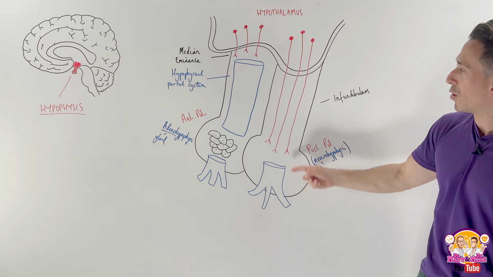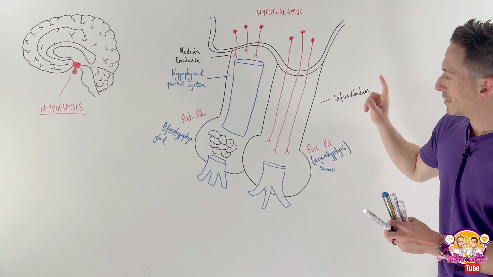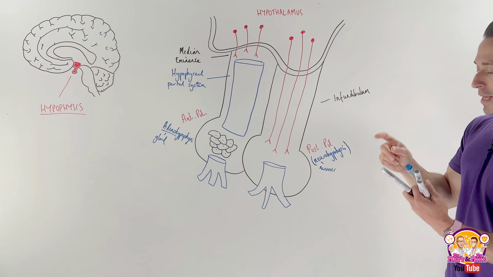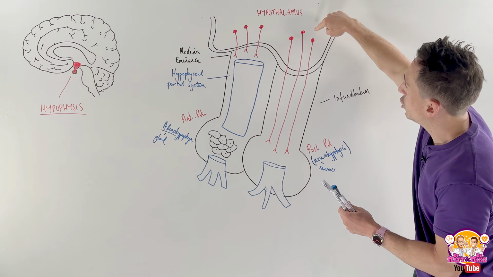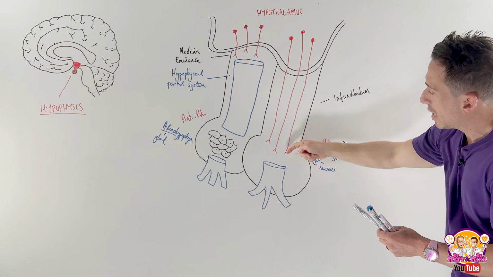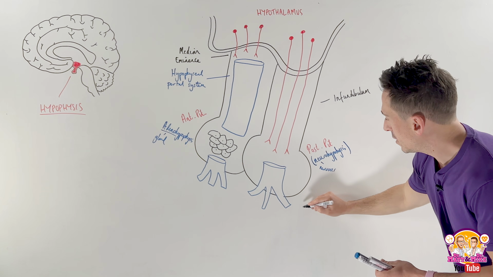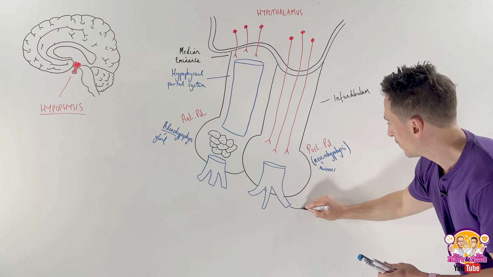Let's first start with the posterior pituitary. The posterior pituitary has two major hormones that it releases. Now these hormones are going to be produced at the hypothalamus, travel down these axons and get released into the bloodstream to go to the body. And these hormones include